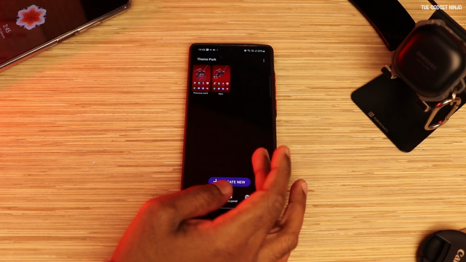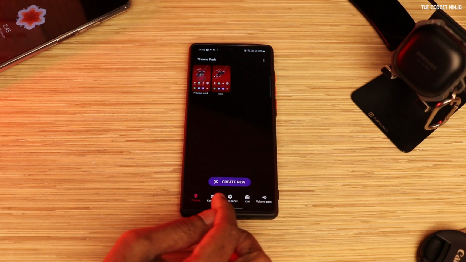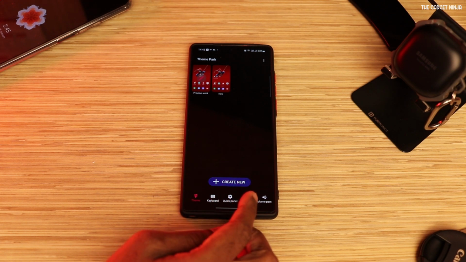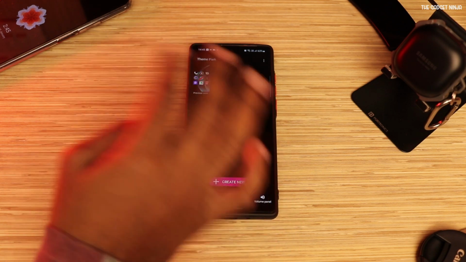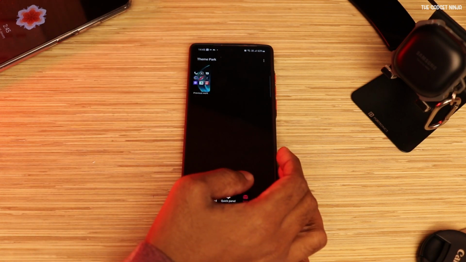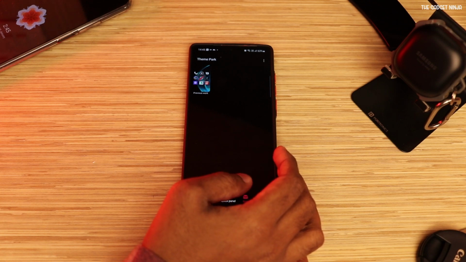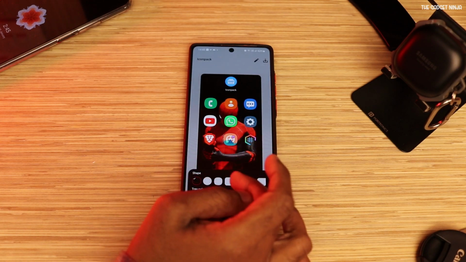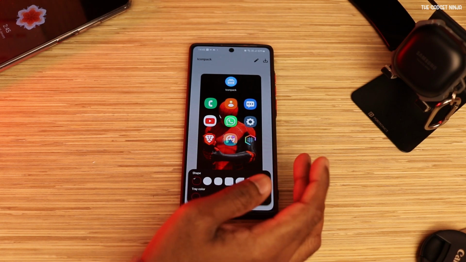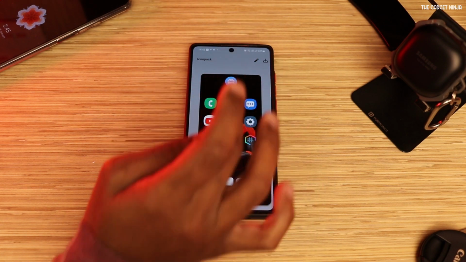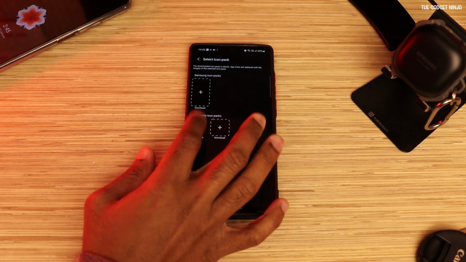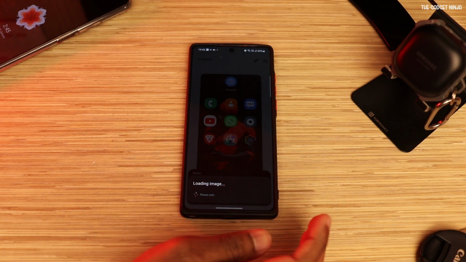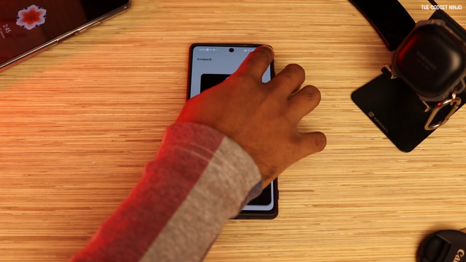So if you look at the bottom here, you have theme, you have keyboard, you have quick panel, you have icon, you have volume panel. So what we are interested here is icon. Just click on icon, you'll get this. Now what you have to do is click on create new, and if you want to select a shape, that's fine, but what we are interested in is clicking on icon pack. Now my third party icon pack is displayed here. That's cool. I'll just select VidCons. It says loading image and I'll just click on download.